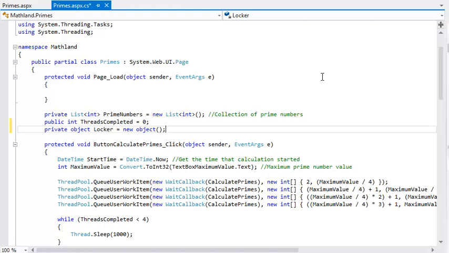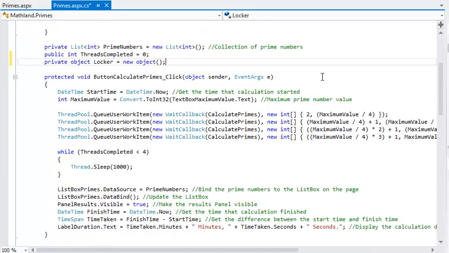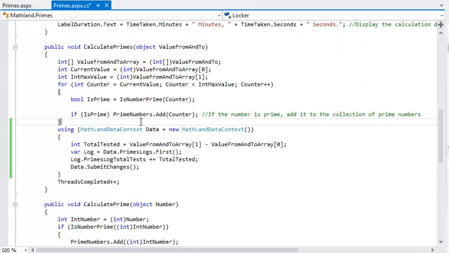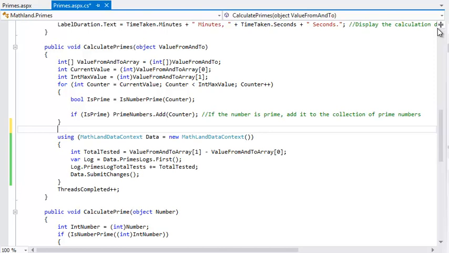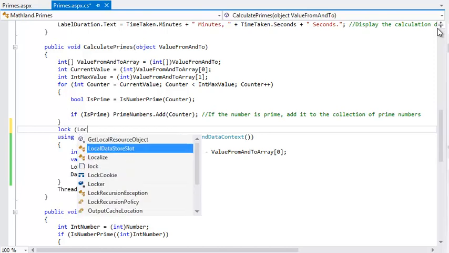It's best practice that the object used for the lock statement is not used for anything else, and to use a different object for every lock statement. Now add the following code to the calculatePrimes method surrounding the code that updates the database. lock (locker)